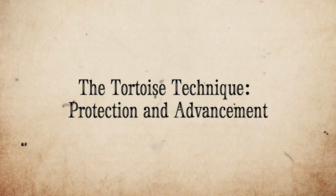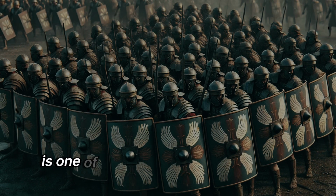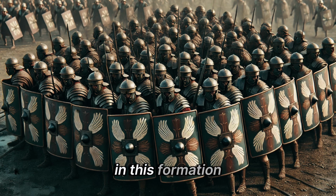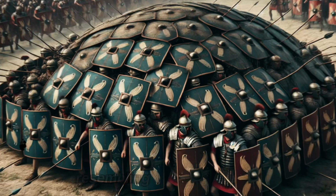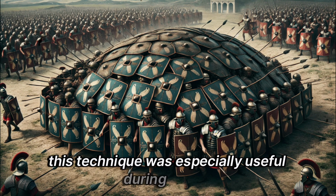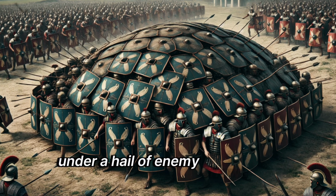The tortoise technique, protection and advancement. The tortoise technique, or testudo, is one of the most iconic formations of the Roman army. In this formation, soldiers protected themselves with their shields, forming an impenetrable wall around and above them, resembling a tortoise's shell. This technique was especially useful during sieges, where soldiers needed to advance under a hail of enemy arrows and